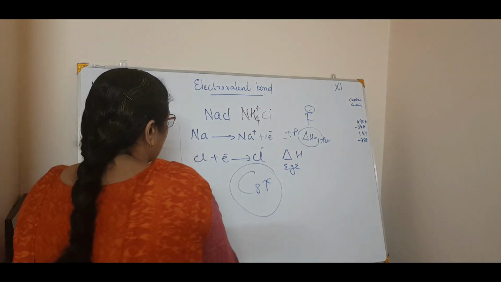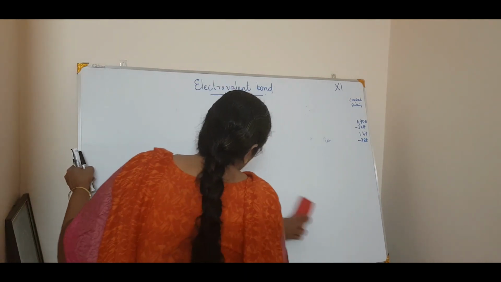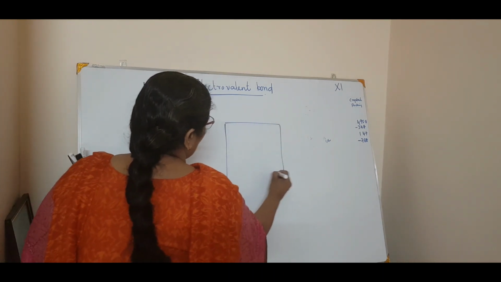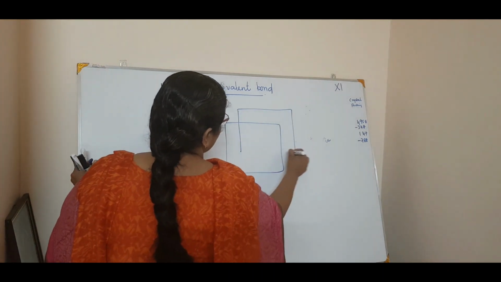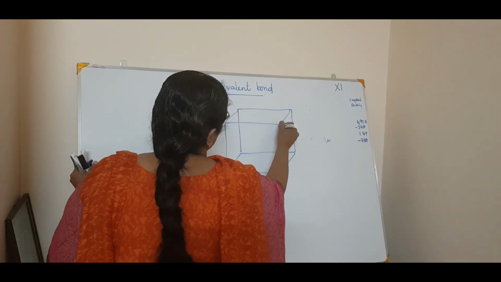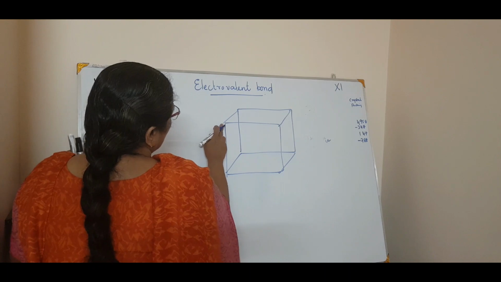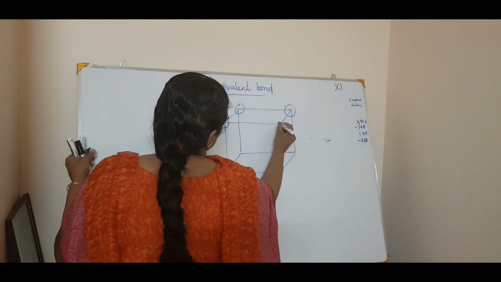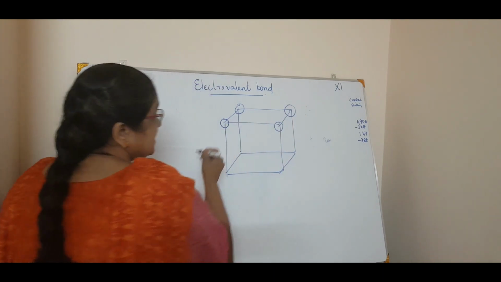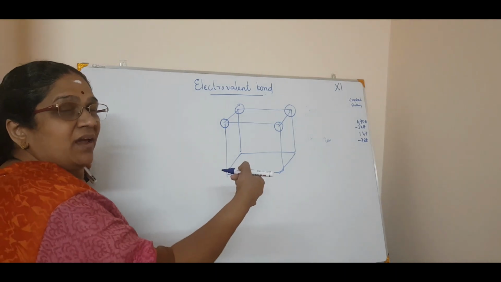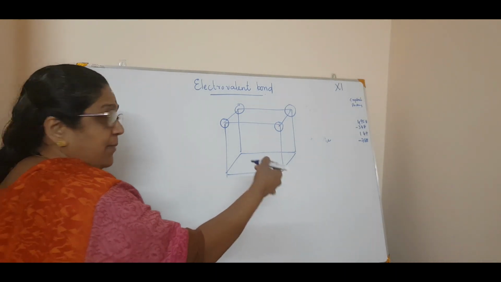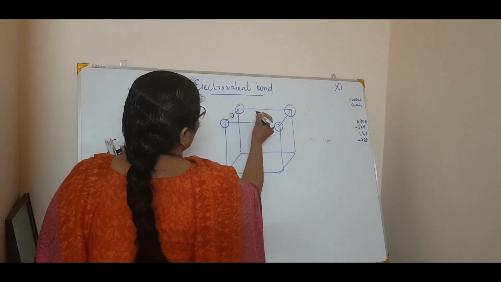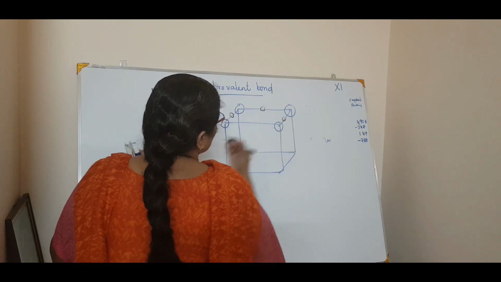If I draw that, you have that diagram in your textbook, please go through the diagram. I will just try to draw it. If we have a crystal lattice of NaCl, you will see what happens. See, here in the corner there is a bigger Cl-, Cl- and Cl-. Now what happens in the center? Na+ should be attached to Cl-, and Cl- should be attached to Na+. So in another color, this will be a small sodium ion, this will be a small sodium ion, this will be a small sodium ion.